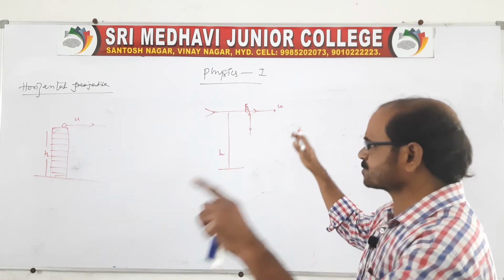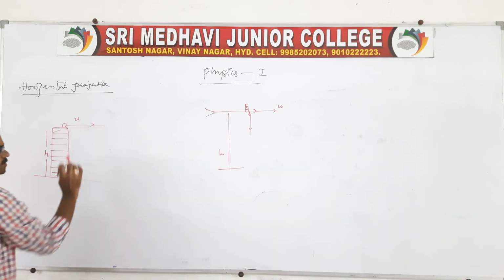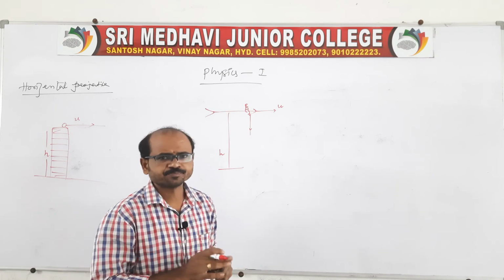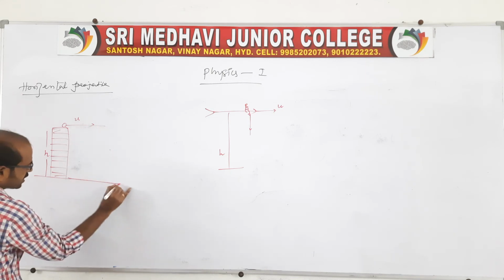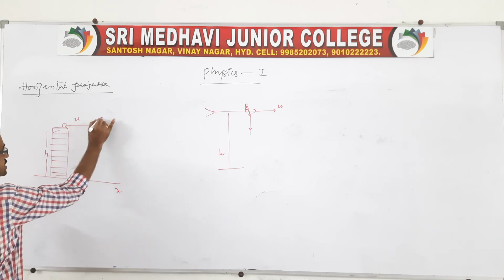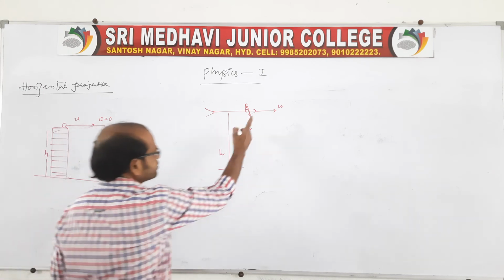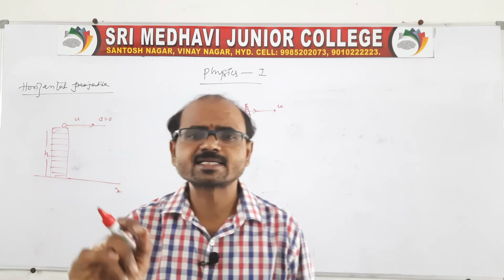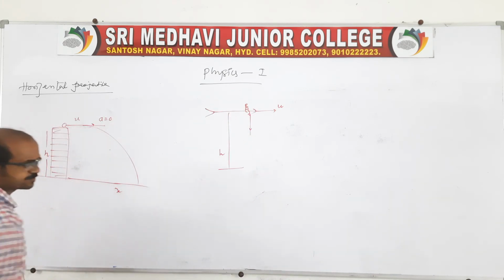Sir, for all these projectiles, everyone concentrate. When the body is projected with velocity u, when the aeroplane is moving and the pilot drops a food packet, the body moves along the horizontal direction, parallel to x, with constant velocity. Therefore the acceleration is 0 along the horizontal. Therefore, the path of the projectile will be a parabola like this.